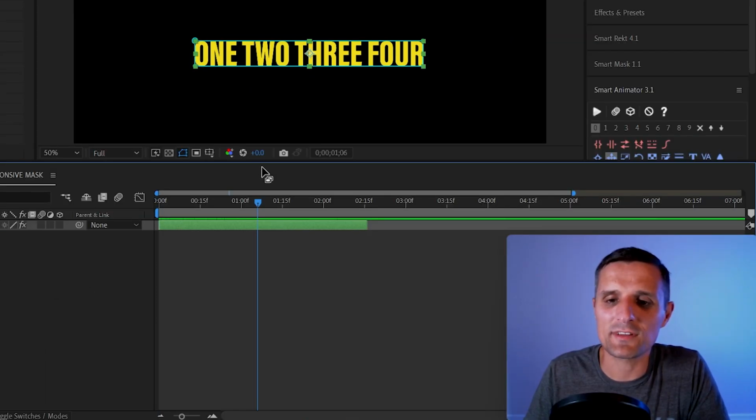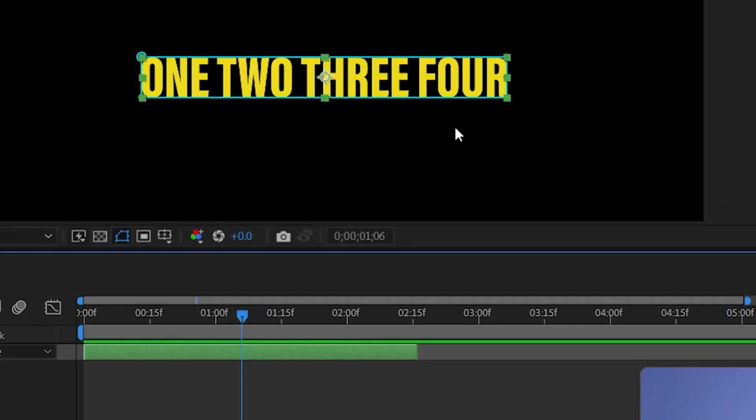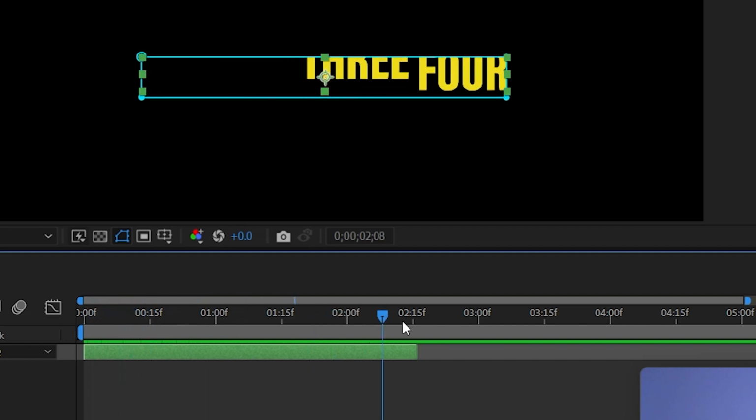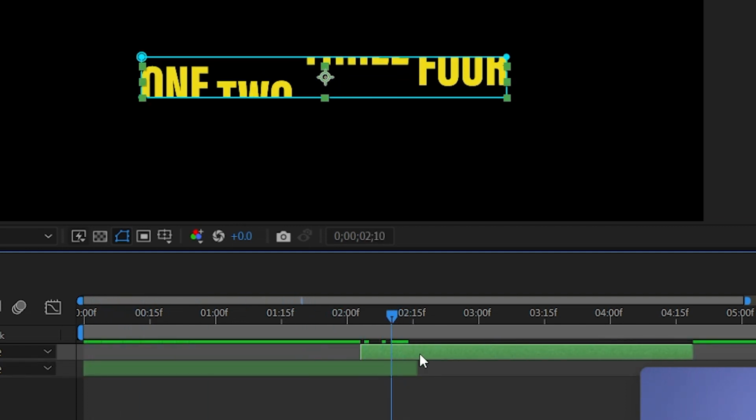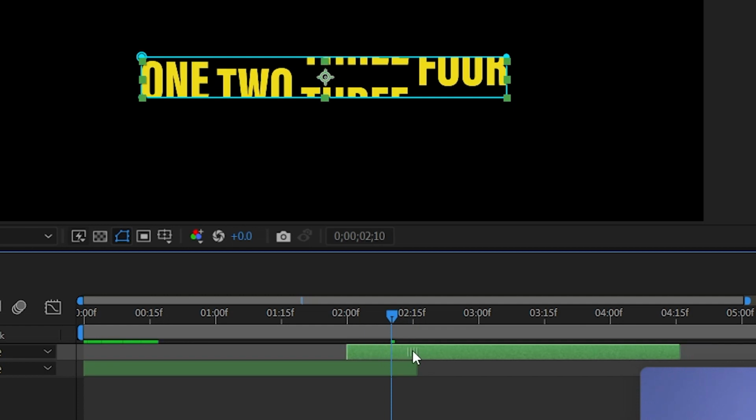The Smart Mask basically takes the size of it based on the middle size of your layer. And so it's locked into that. And then you can animate the beginning and the end. You can duplicate this, position it somewhere out here. And so you can create some interesting animations with this in no time, and you don't have to do any